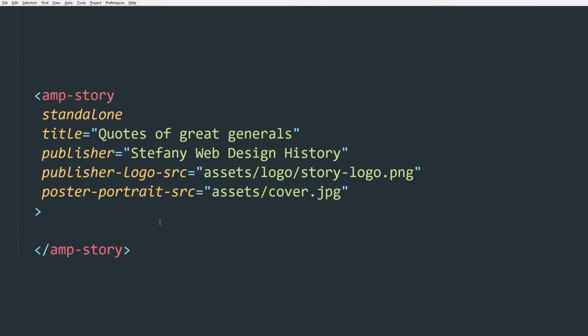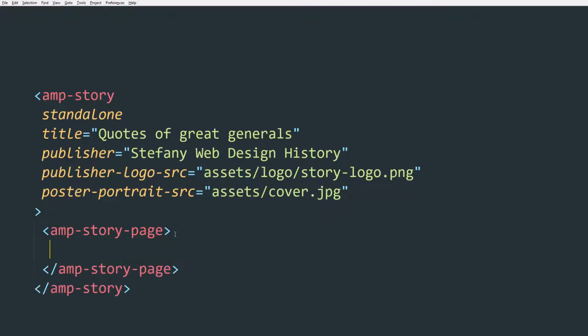So in order to add some content in our story, what we need is another element called AMP story page, okay? So imagine a slider. This is going to be our slide, so to say, that contains numerous elements like images or text, headings, paragraphs, you name it.